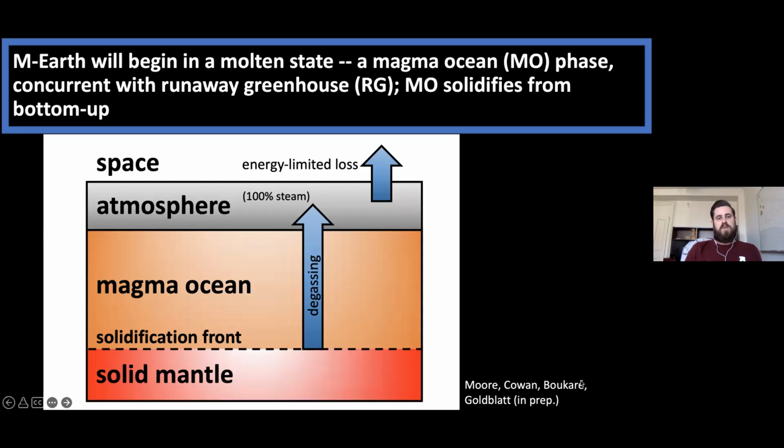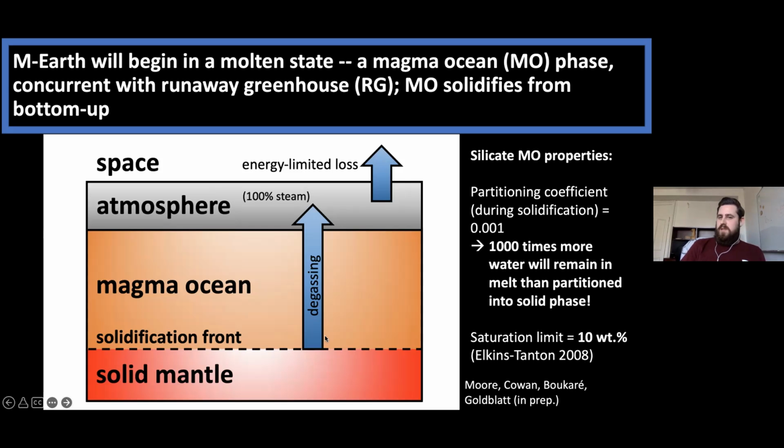So essentially, we have another box model of this magma ocean phase at the beginning, where we have the magma ocean solidifying from the bottom up. As the mantle solidifies from the bottom up, a very small amount of water is sequestered away in the mantle. I have the partition coefficient here, but essentially the takeaway is that as it solidifies at a given time step, 1,000 times more water will remain in this magma ocean than will be sequestered into the solid phase in the mantle. So you can imagine as the magma ocean solidifies, a little bit of water is sequestered away in the mantle, but that will enrich the magma ocean with time.